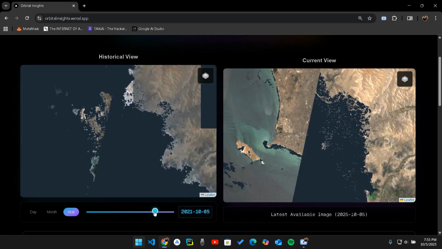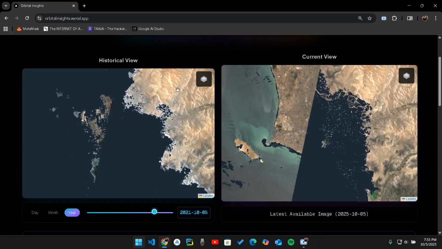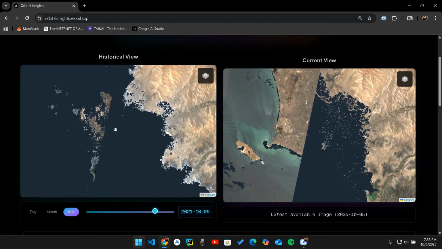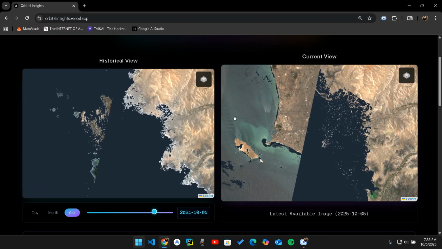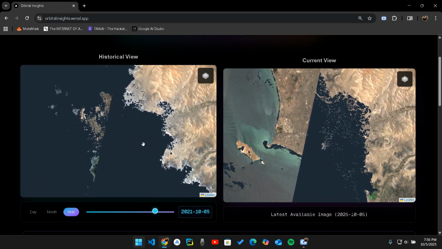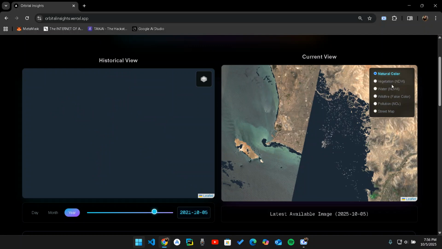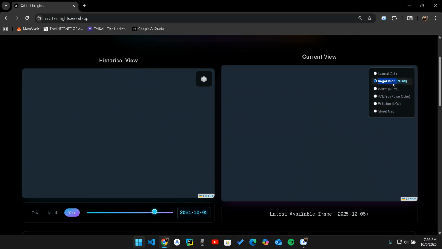I don't know if you can see it very clearly here, but there's a very obvious change in the water level. I had a better image of this, but the water level increased in 2025. It was much higher than it was in 2020. That's because the sea level is rising. I also have multiple layers here, so you can see the vegetation layer of the place. If you compare the vegetation layer from 2020 to 2025, you can see that